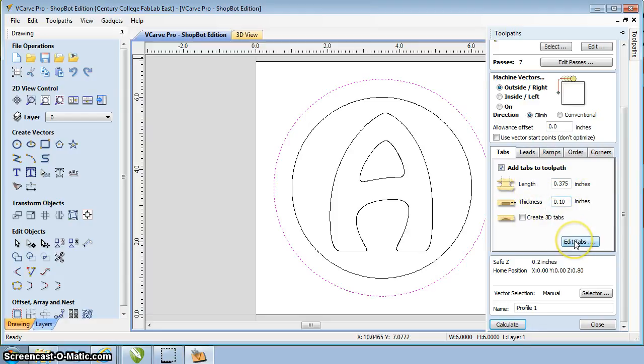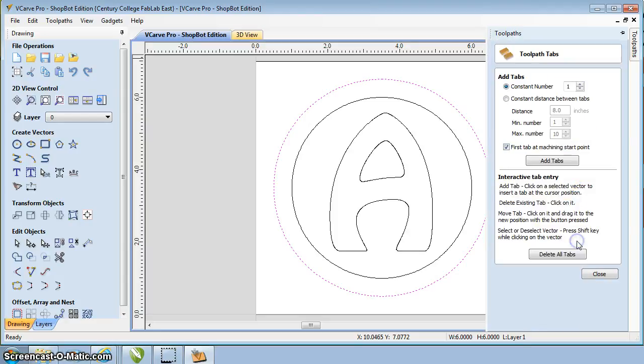Now once we put those in, we can click on Edit Tabs. Edit Tabs is going to come up and say, okay, let's add some tabs. You're going to click on the constant number up at the top. We'll add 3 tabs here. 2 is good, 3 is better, so we typically use 3. Next thing we'll have here is this first tab at machining start point. You can leave that clicked or not. It really doesn't matter. Click on Add Tabs, and you can see they actually show these tabs that come onto